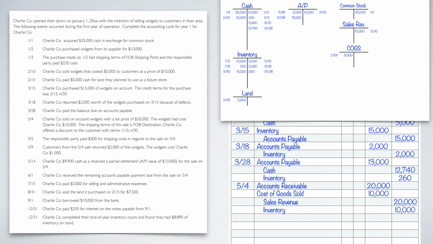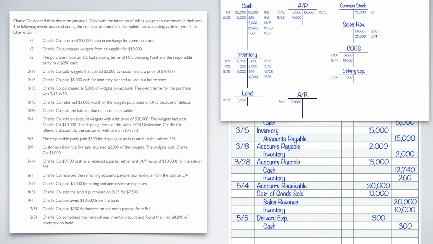Oh, excuse me, we did not put those last ones into T-tables. There we go, 5.4 is in T-tables. All right, so 5.5, it is our responsibility. So is cash being affected? It is. We're having to pay for it. So our cash is going down by 300. So I'll say 5.5, credit cash for 300. And then the debit, well, I can't put it into inventory because I've already sold the inventory. I have to expense this in its own account. So I'll just call it delivery expense of 300. All right, so that takes care of 5.5. Let me put them in my T-tables. There's my delivery expense account, and then put it into cash, or take it out of cash, if you will.